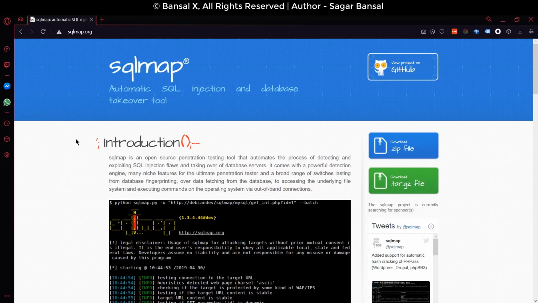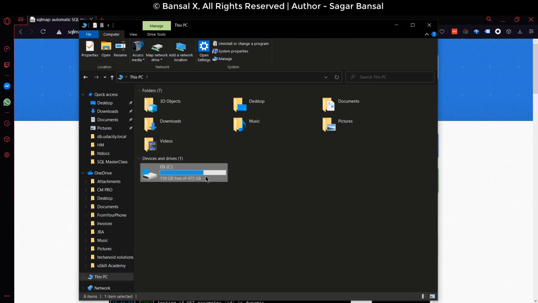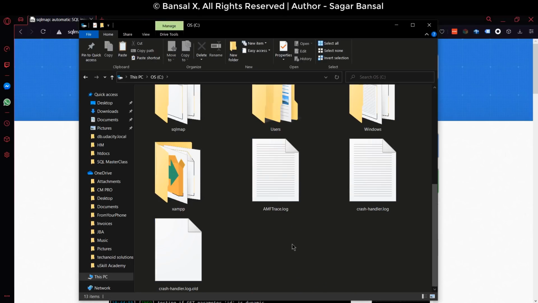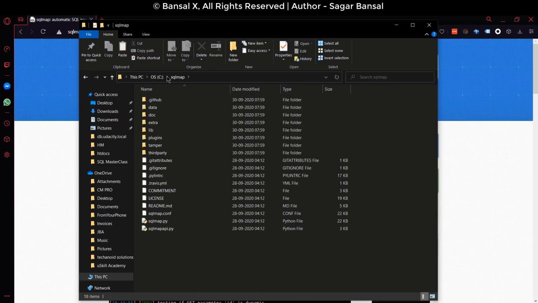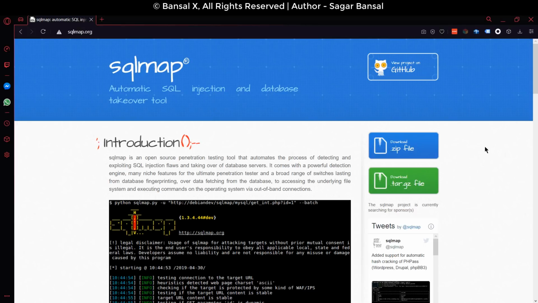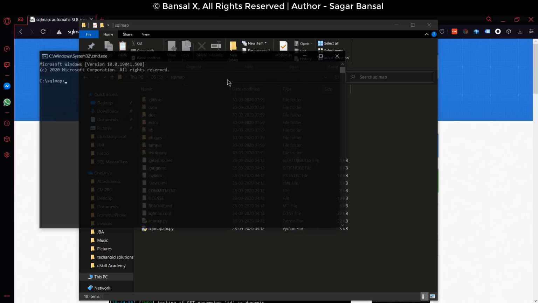You can go to sqlmap.org and download the zip file. Once you have the file, extract it to any location you want. In my case, I have extracted this file on my C drive directly. Here you can see a folder SQLMap, and there are all the files which you get in this zip which you just downloaded. Now just go ahead, open the command prompt or a terminal in case of Unix in the same folder,